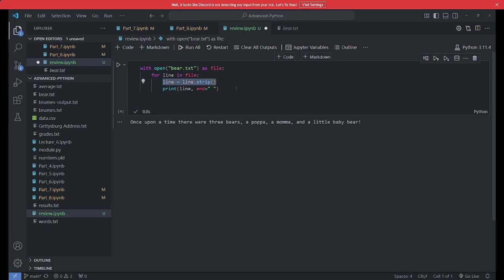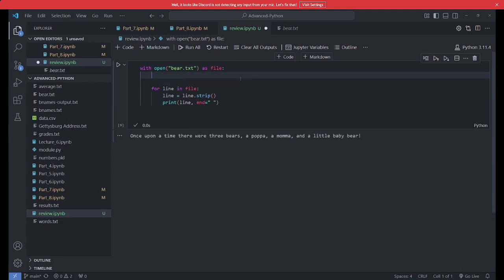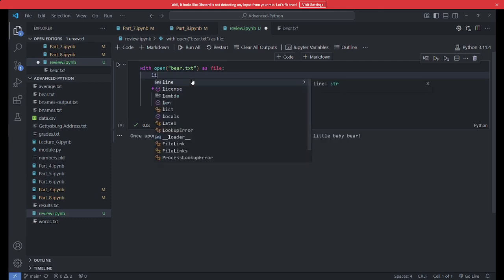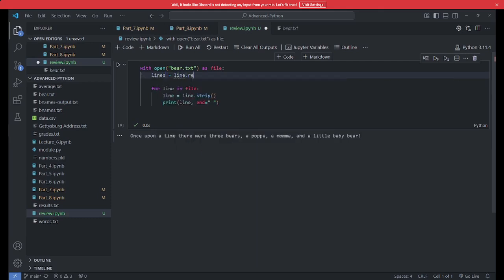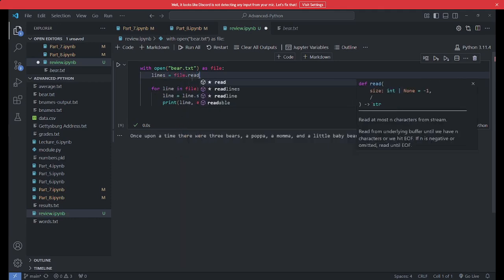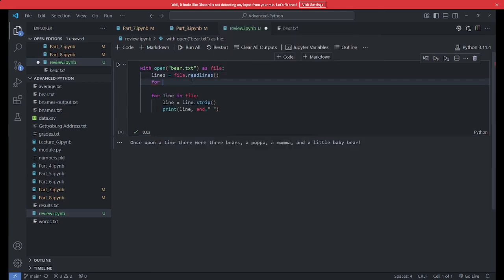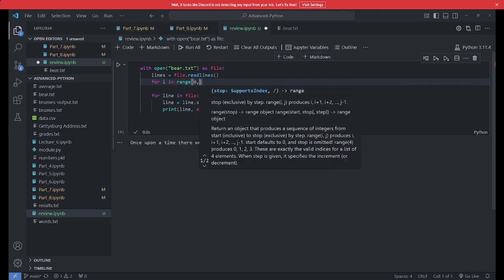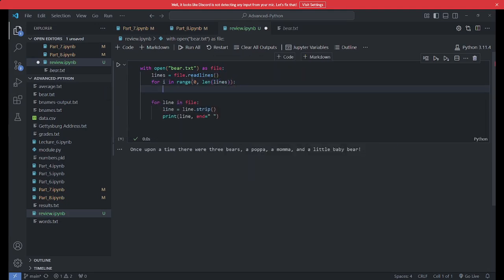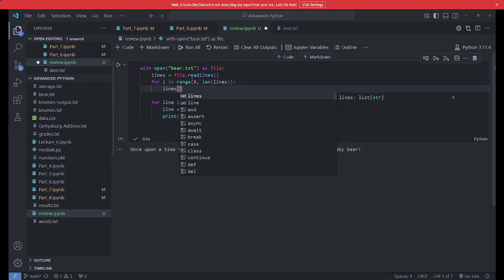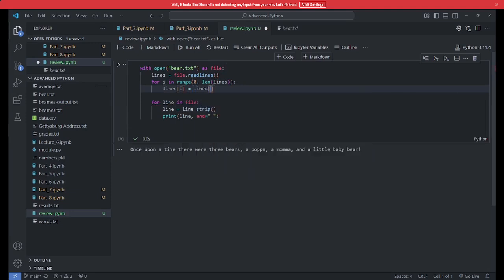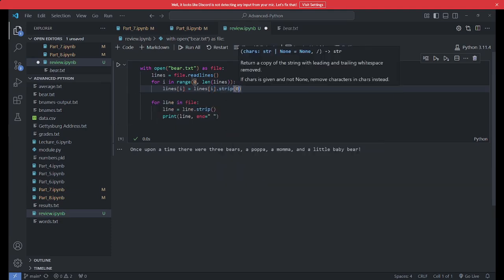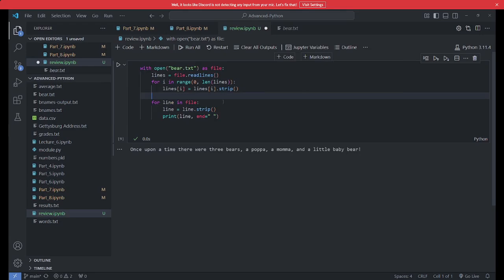Okay. Now, if you have a very specific use case and you need to get rid of the \n's before you start iterating, you could have lines is equal to file.readlines, and then iterate: for i in range 0 to len of lines, lines of i is lines of i dot strip. All right. So if you needed to get rid of that stuff before even working with it,